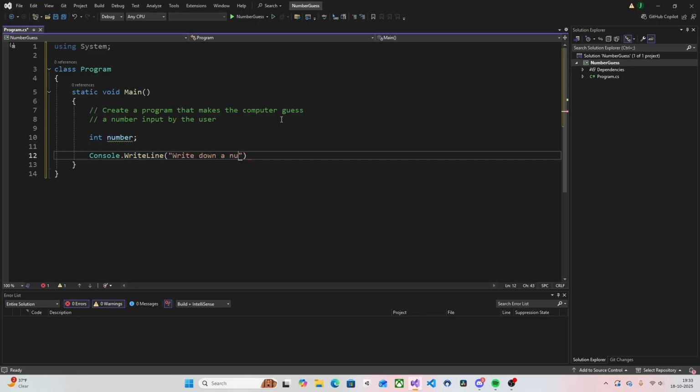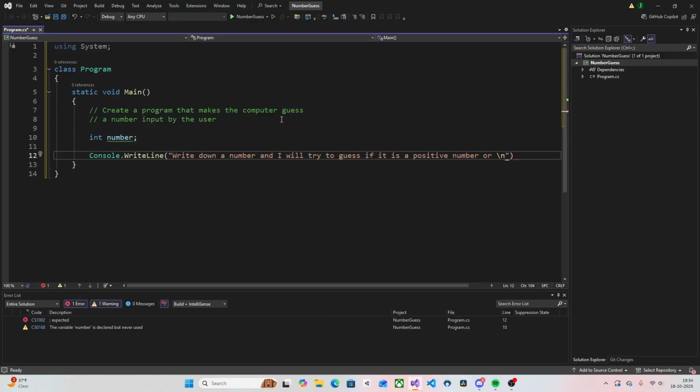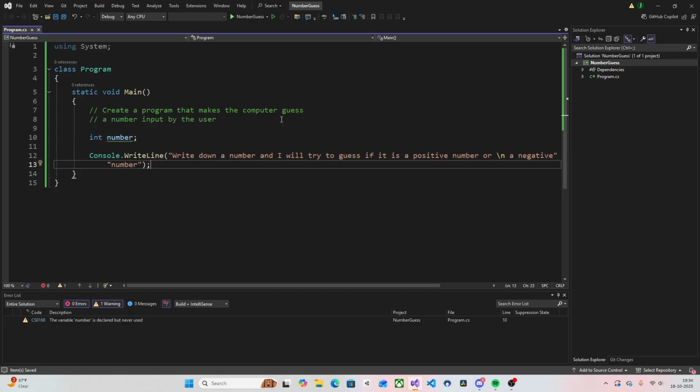Write down a number and I will try to guess if it is a positive number or a negative number. $100 this keyboard cost me, and I'm used to it already. It should be already because I got it a long time ago. Anyway,